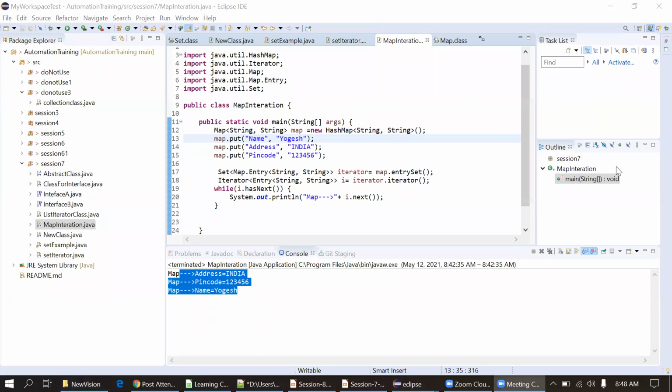Yes, Ravi, we can use this integer object. We can give any data type inside this map. Actually, I'm just trying integer here. If you want to try this integer object, then accordingly we have to pass the data.